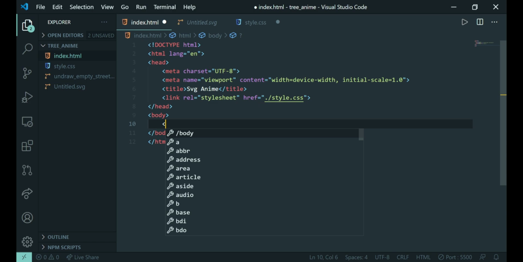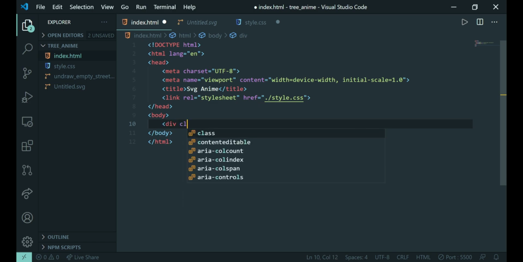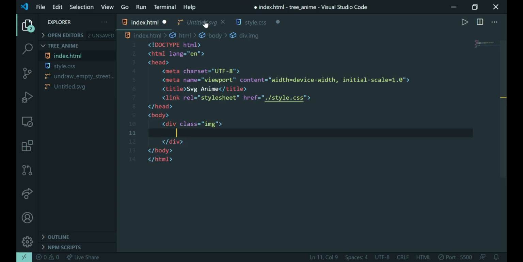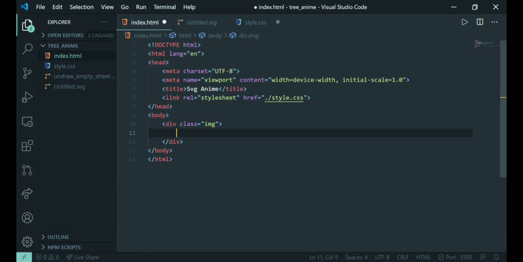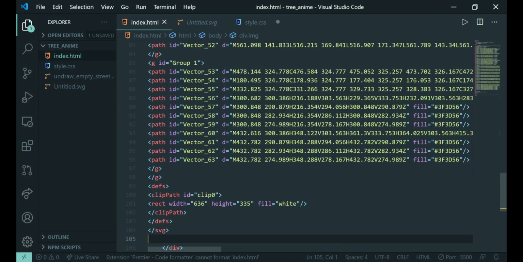After doing that, we will create one div with the class name img, and we will paste this SVG image code over here. Now let us see our HTML file in the browser first.